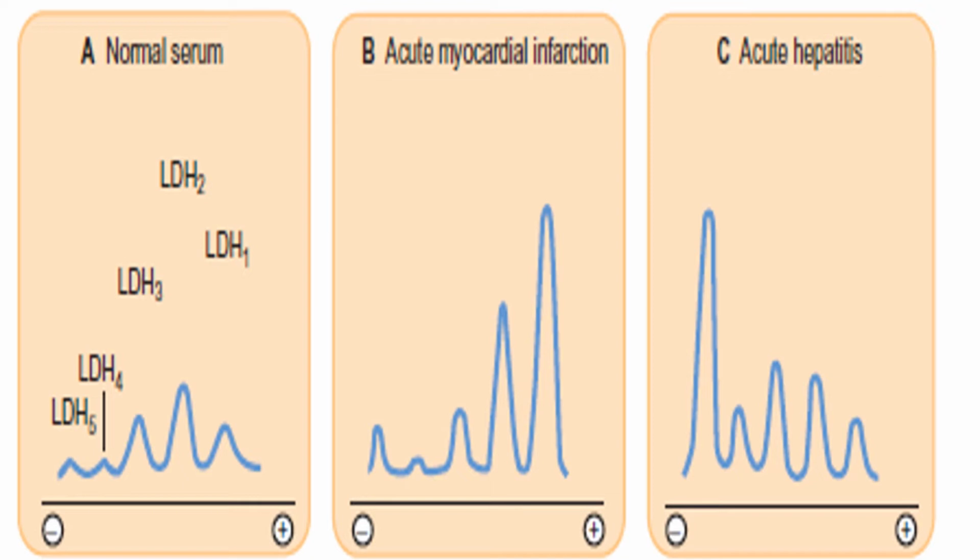And similar is the case, as we are very much familiar, that lactate dehydrogenase 5 is present in the skeletal muscles and the liver. So those patients who are suffering from acute hepatitis. Now here the word used is acute. Acute means when a patient has been suffering from a disease of short duration. So you can see there's a spike of lactate dehydrogenase 5 in case of acute hepatitis.